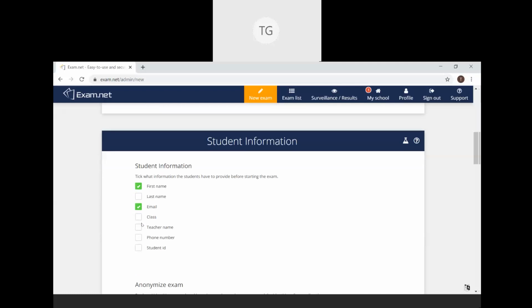This information I want the student to enter, because what will the student do? Student will access the exam using an exam key, right? And after accessing the exam, student will be asked to enter these details. So it is not that you have to register; the student just has to know the exam key, right?